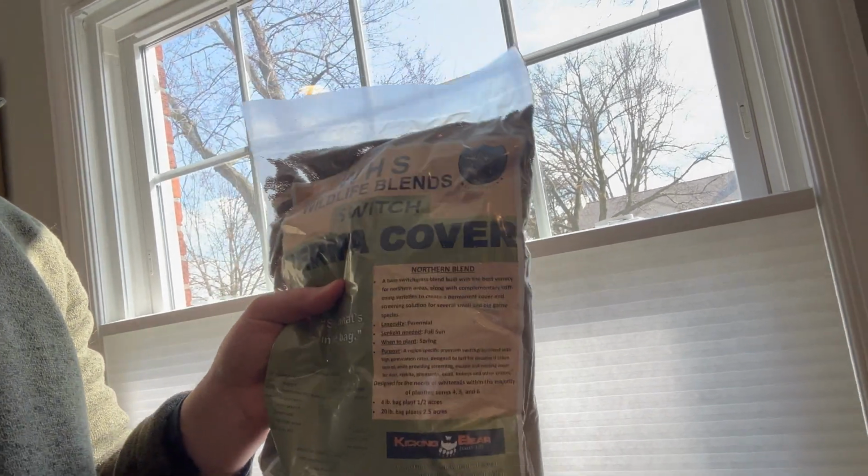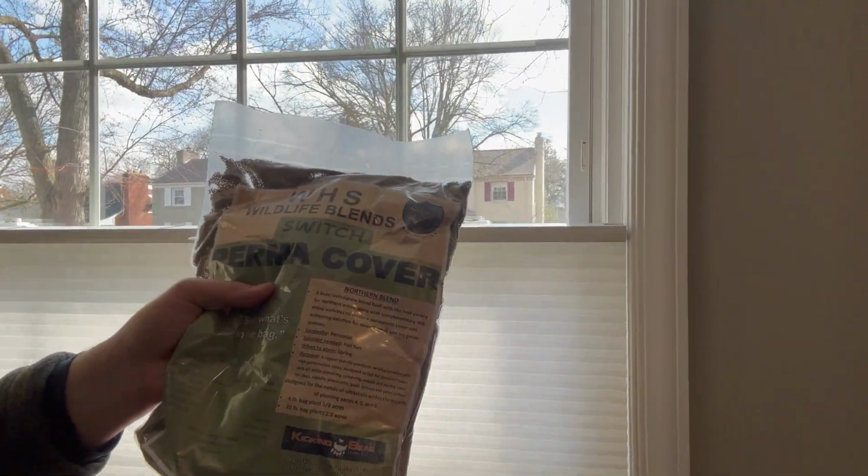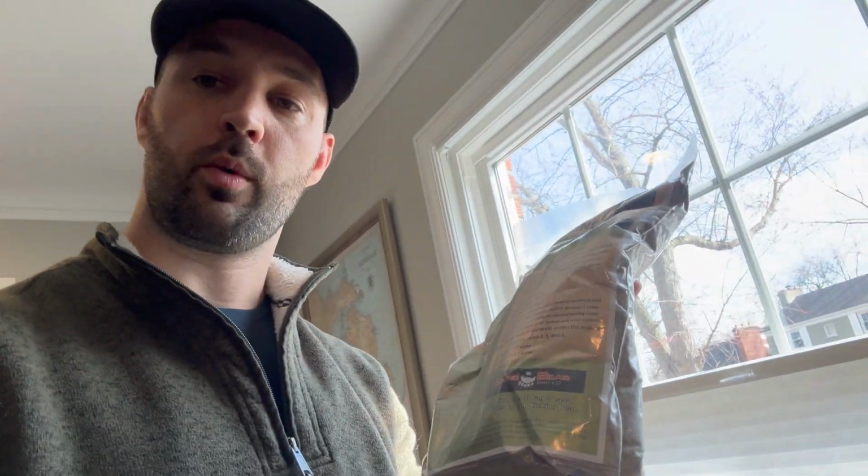And then lastly for this year, we have the northern variety of the switchgrass, the switchgrass permacover, we call it. This stuff, you can see it is really pure seed, lots of soft seed. Super excited to try this. According to Jeff's plan, I've done the majority of the switchgrass plantings that needed to be done. So with this, I'm hoping to bring you guys something different, do some trial and error,